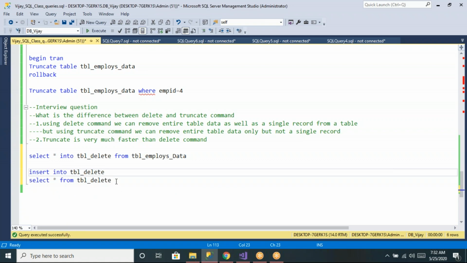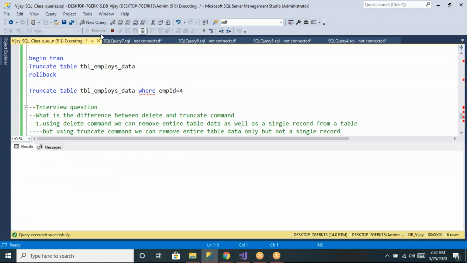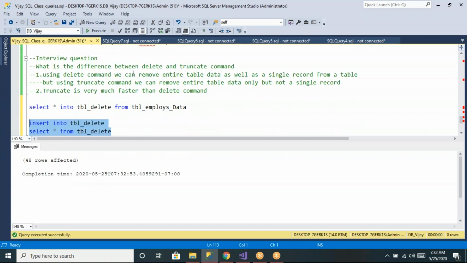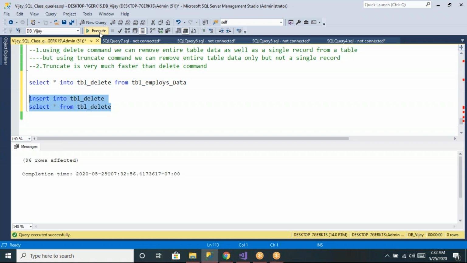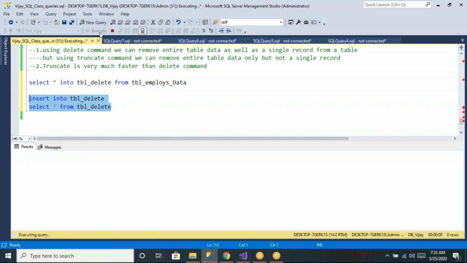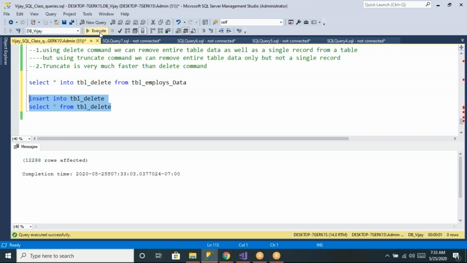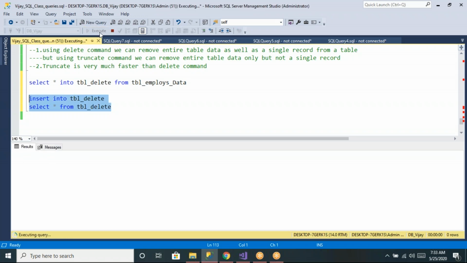This command selects the data from table_delete and inserts it back into the same table, and I will execute it multiple times so that I can insert some lakhs of records into this table.